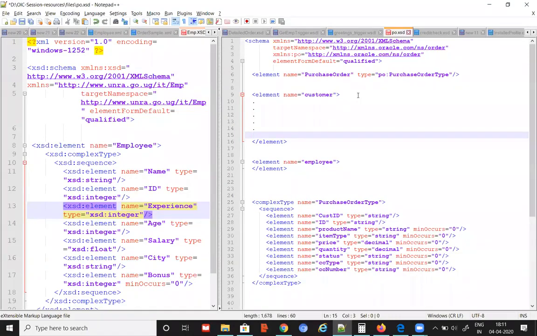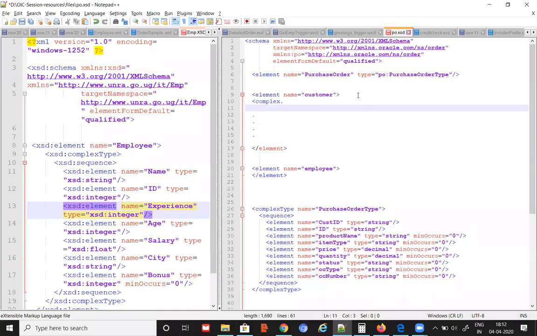So what I will do, I would say this is going to be a complex type. Now, one element I said ID, whatever. Then the last element, what I said, address. So for address, we'll say element name equal to address.